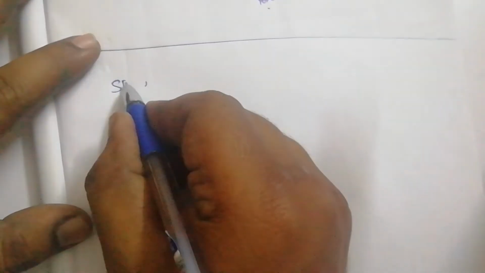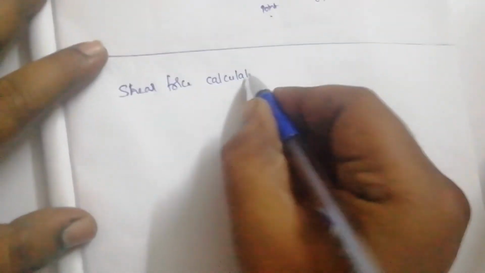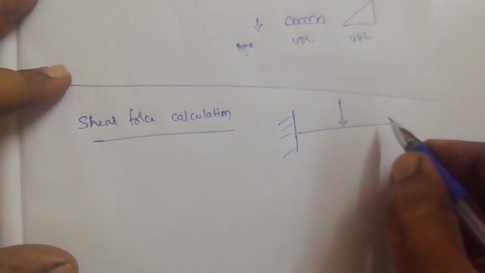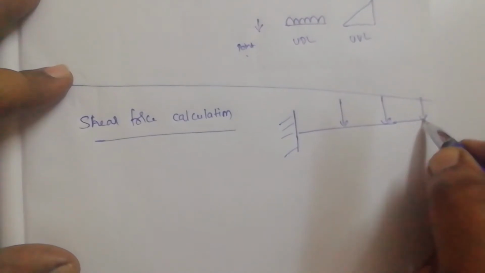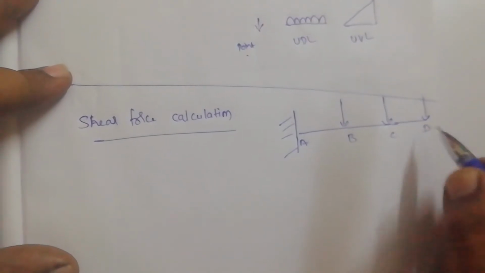Okay, so let us try to do the shear force calculations. What is shear force calculation? As per the figure which you have, I will redraw the figure here for the convenience of drawing and identification of the forces. Let us take the beam whichever they have drawn. I am duplicating it here. So this is 300, this is 400, 500, this is 800 they have given. I have given the names of those points A, B, C, D.